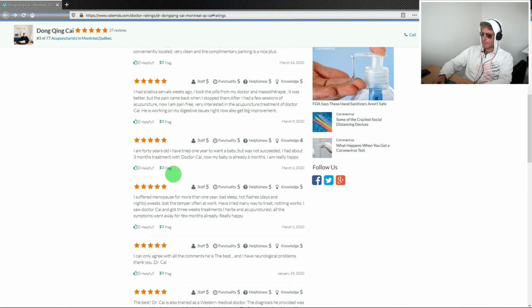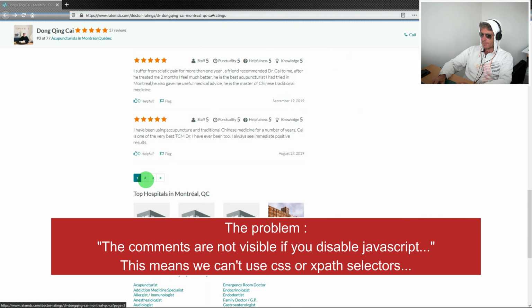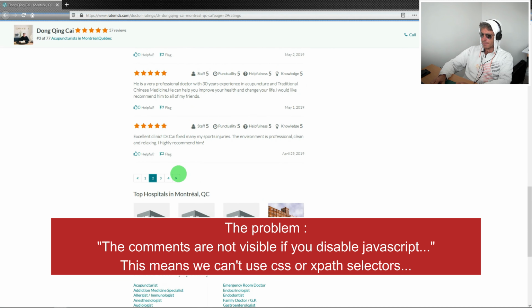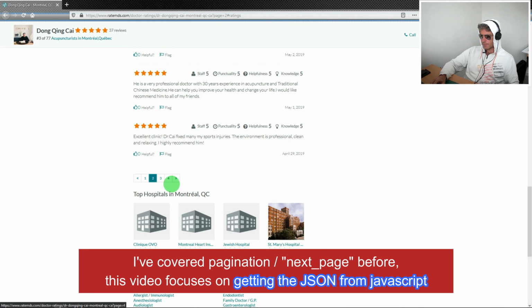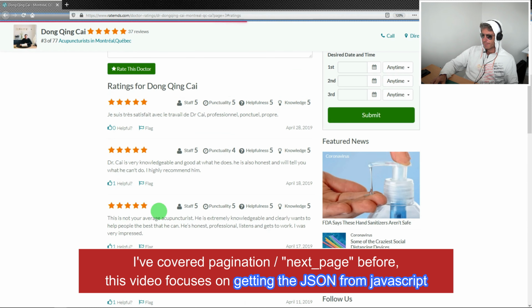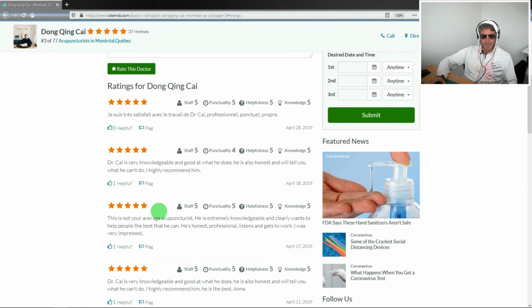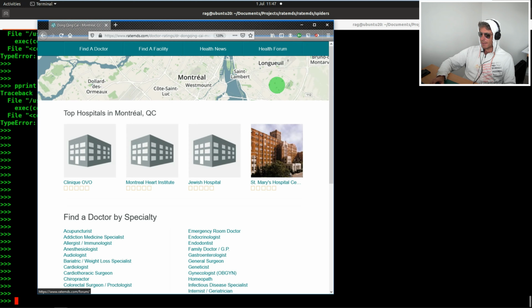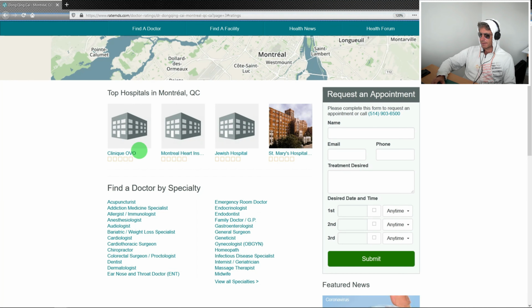there's lots of comments, maybe 10 on a page, and we have many pages. So just zoom in. Dealing with pagination, that's been covered before, and I'm not going to go into that, but if you just see here, in my browser, if I disable JavaScript, and you will now see we have no comments. So let's begin.